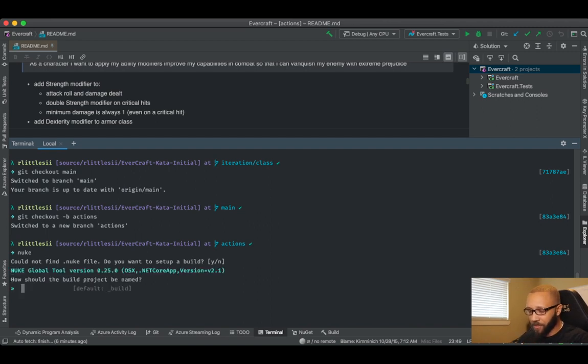So I like to do things a little bit differently. I'm a little weird, so I like to name my project .build, and I want it to be in the